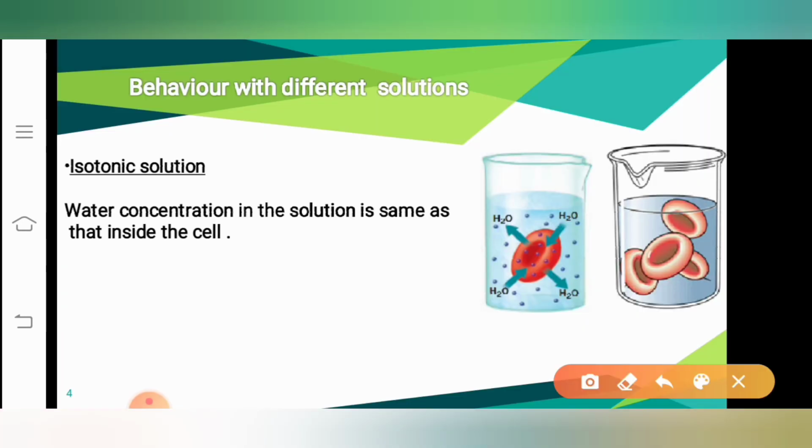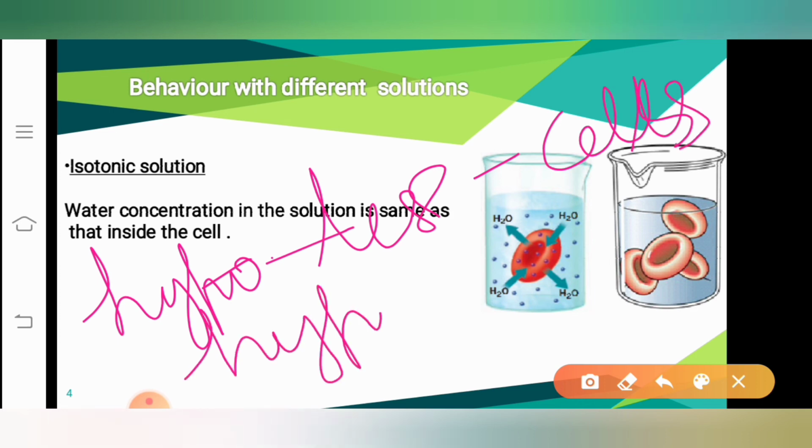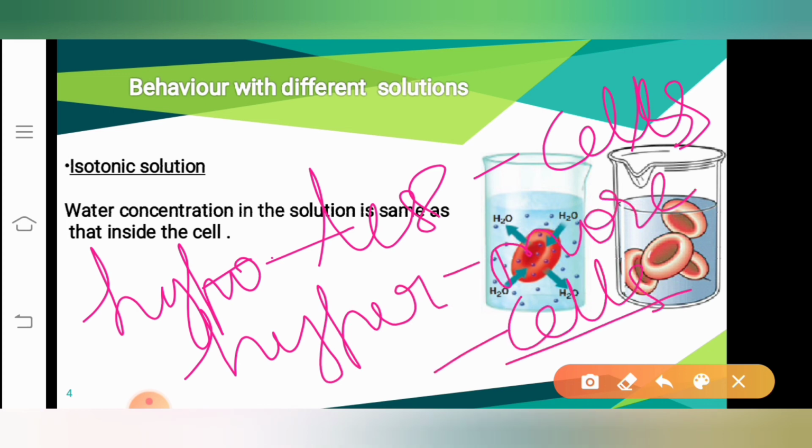Clear? We have understood about hypotonic, hypertonic and isotonic. Correct? So what is meant by hypotonic? When I say hypotonic, it has to come to your mind. What is meant by hypo? Hypo means it is less. What is less? It means the concentration of water in the cells is less. When I say hyper, it is more. What is more? The concentration of water in the cells is more. When I say iso, that means the concentration is same in the solution as well as in the cell. As a result of that, there is no change in the shape of the cells.